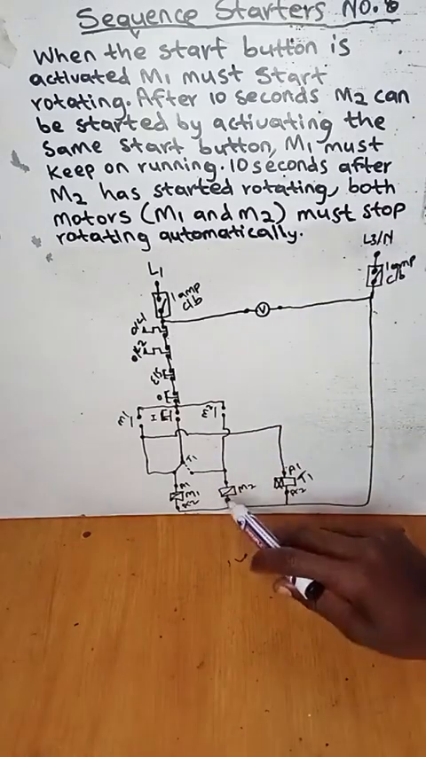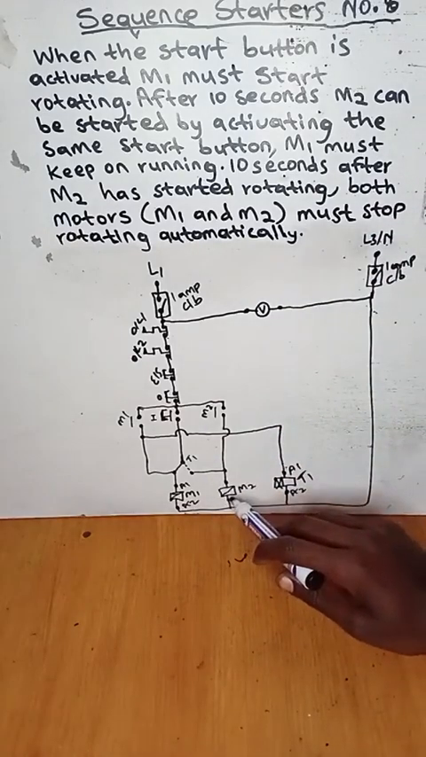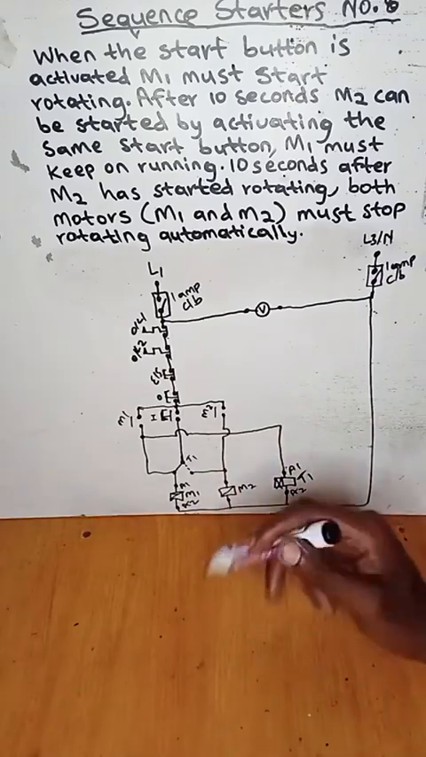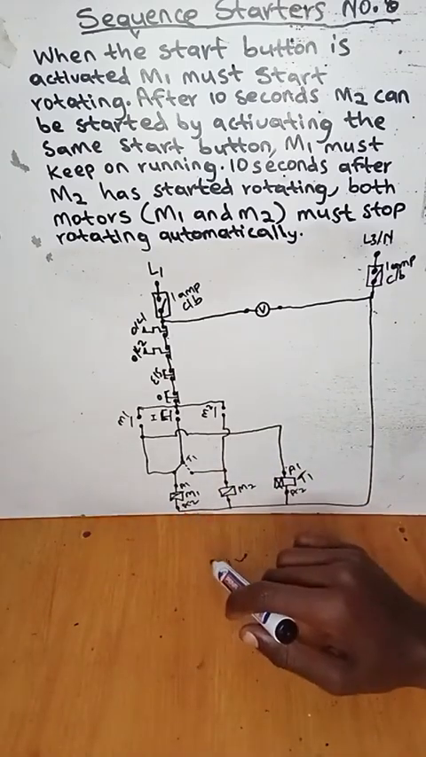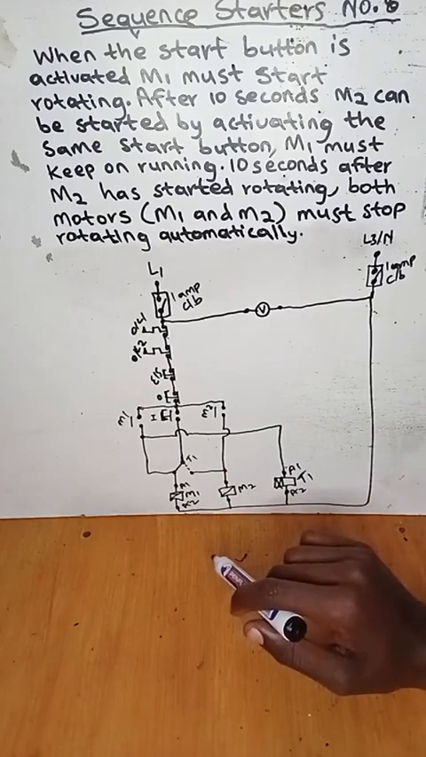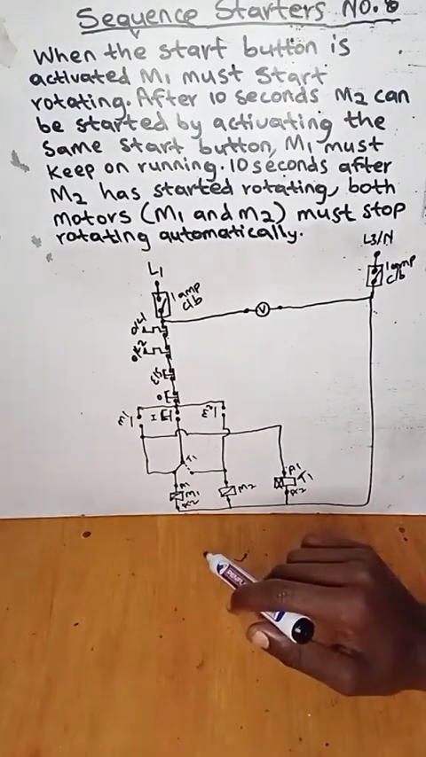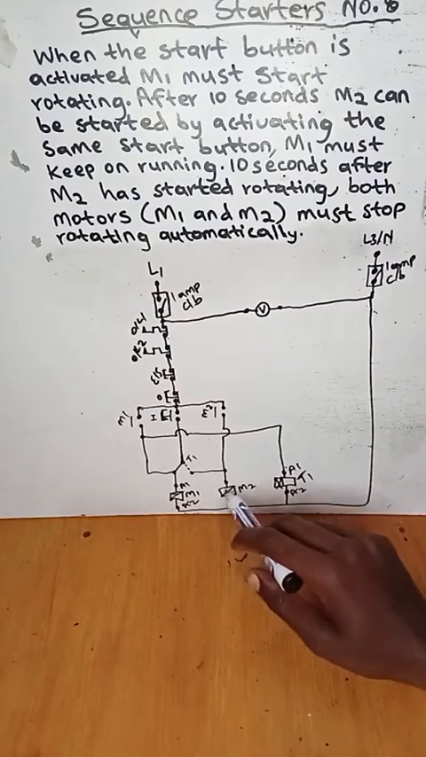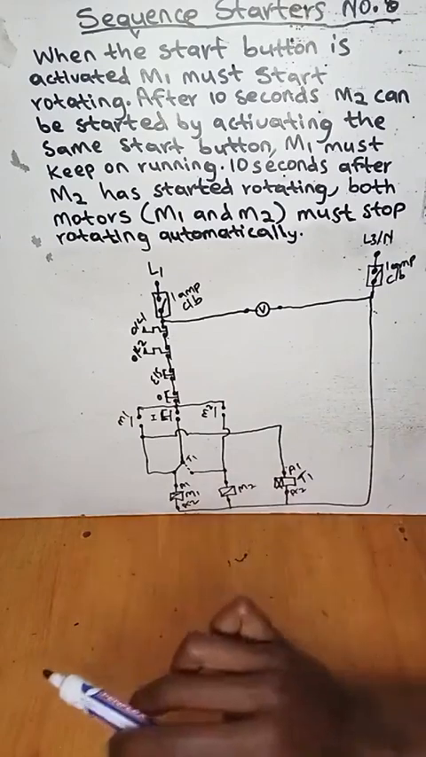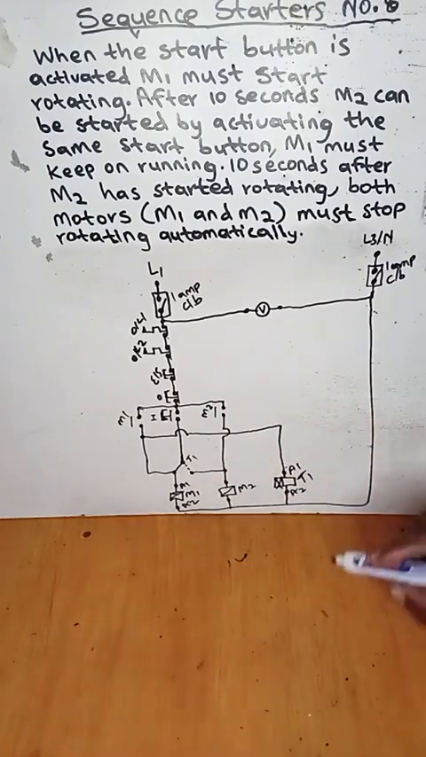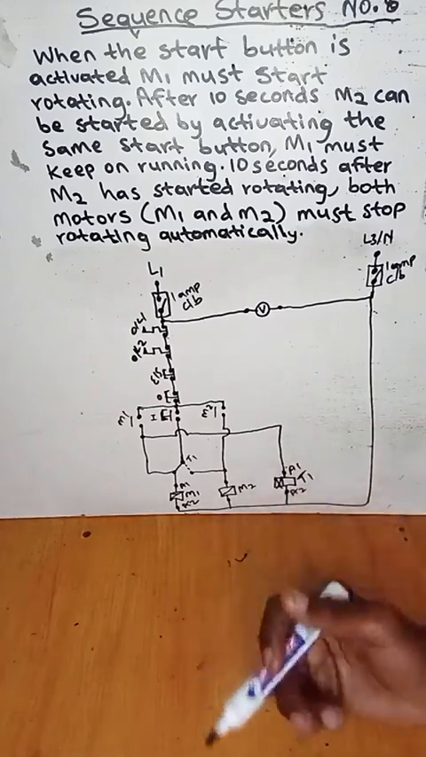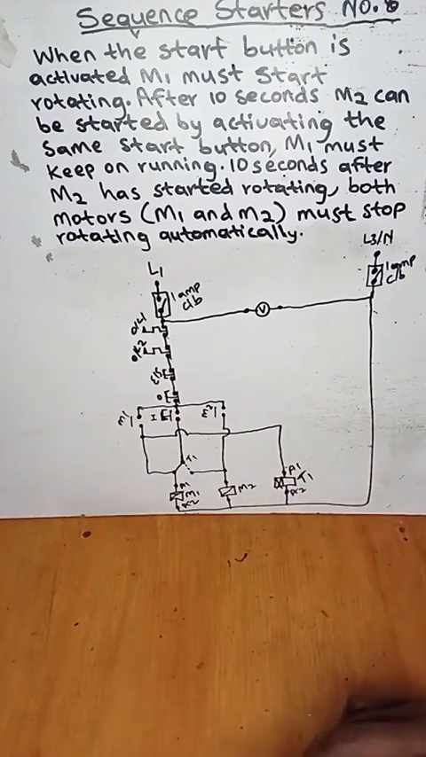right? So after the coil of motor 2 is energized, after 10 seconds, both coils must be de-energized, right? Which means both coils must be off, right? So they must delay to be off after 10 seconds, which means we will need